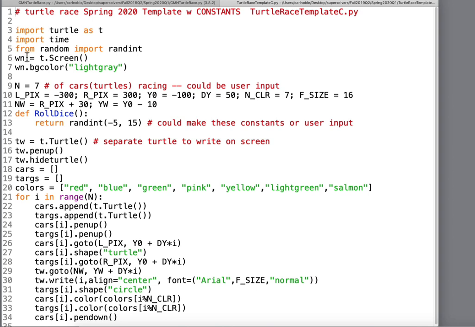I always do WN for window, and that's in every Python script I think in Turtle I've ever written. And it's t.screen instead of t.turtle. And then window has a whole bunch of other things. One is BG color, which is background color, and I just set it to light gray. And then instead of